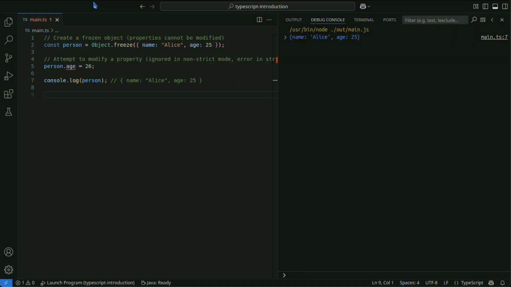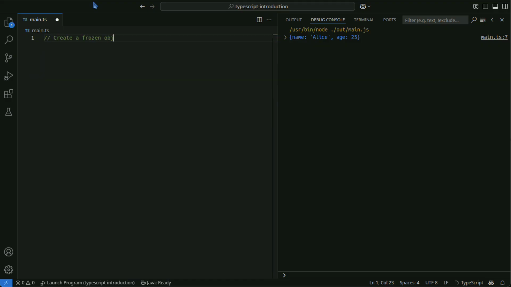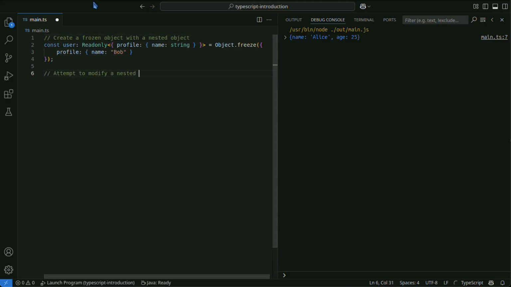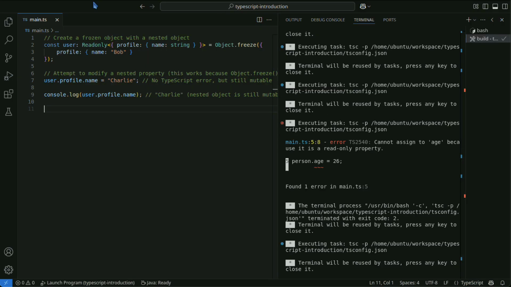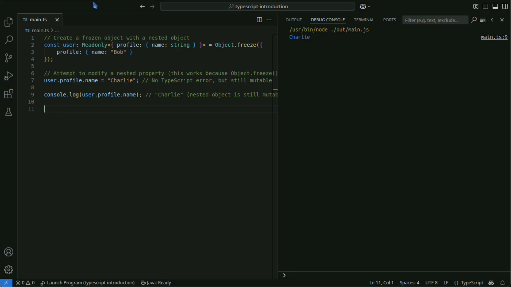However, object freeze only performs a shallow freeze, meaning that properties of nested objects remain mutable. To create a completely immutable object, a deep freeze is required.